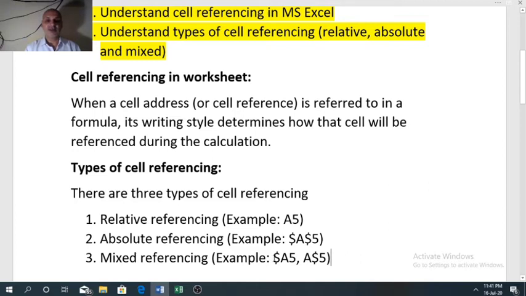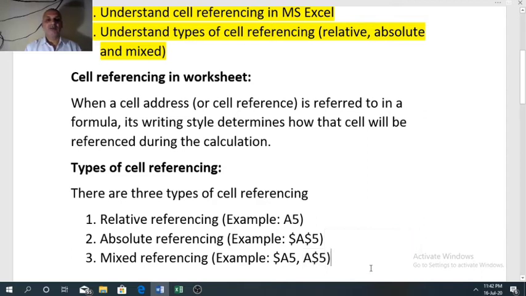For example, $A5. In this case, the dollar sign is put before the column name and no dollar sign before the row number. The second example is A$5: before the column name we have not put a dollar sign, but before the row number we have applied a dollar sign.